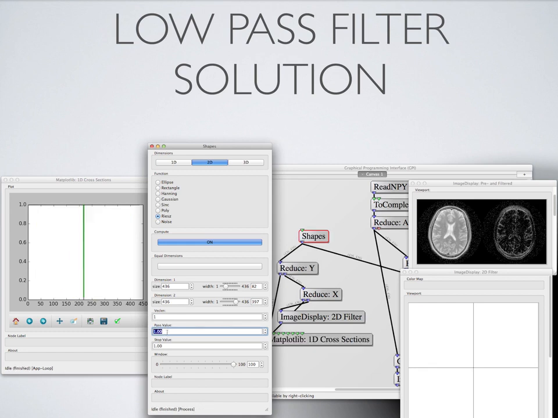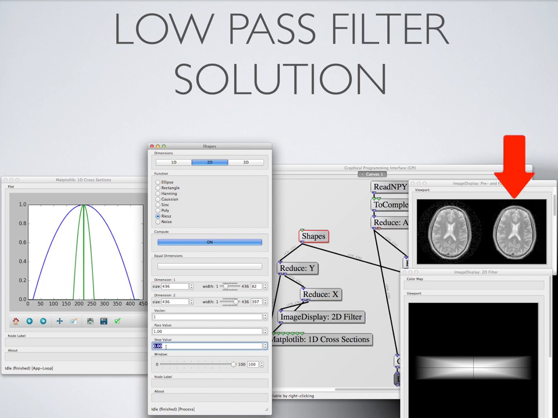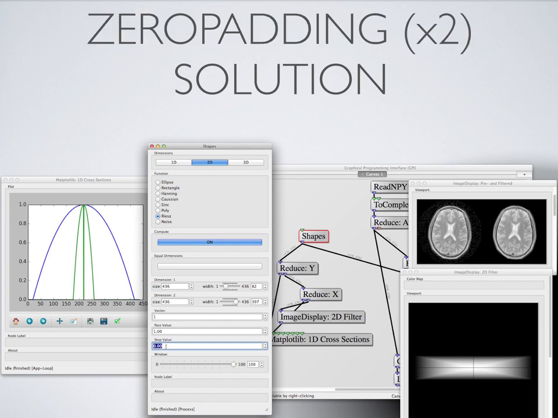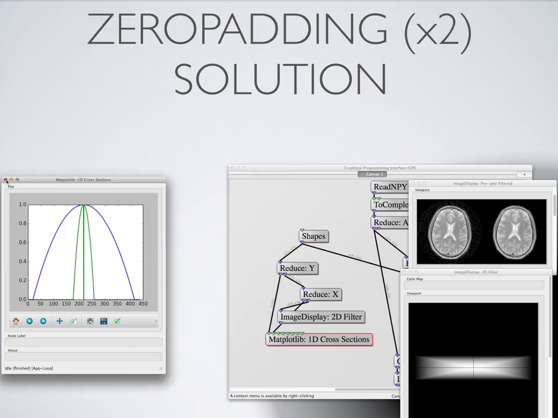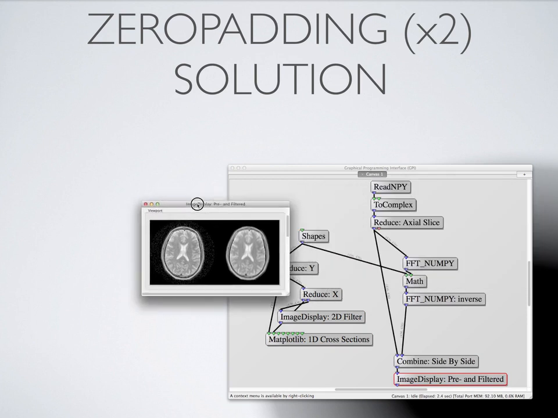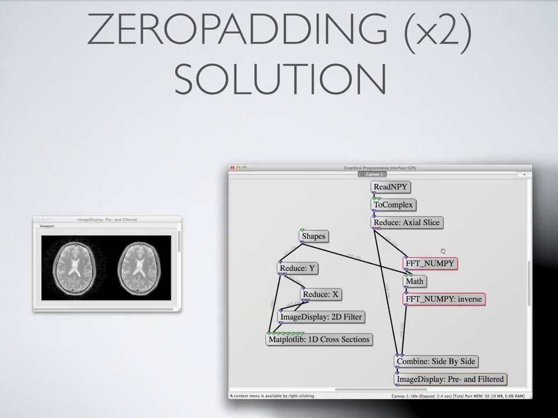The low-pass filter is made by simply flipping these values. And now the resulting image is a lower resolution version of the original. To upsample the non-filtered image, we need an FFT pair for zero padding. We can copy and paste the ones used for filtering, transform the original image, and then pass it to the inverse transform. To zero pad before transforming,